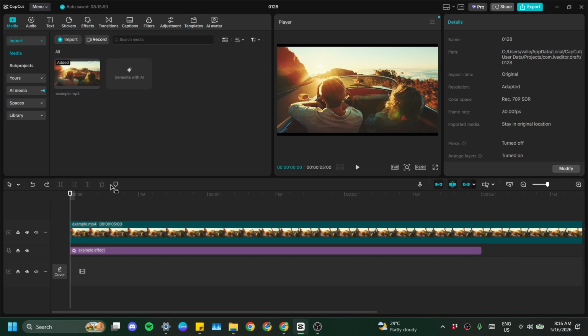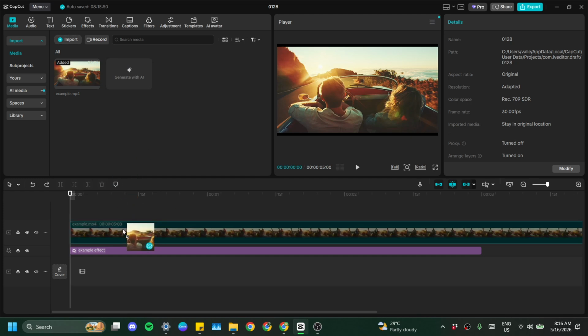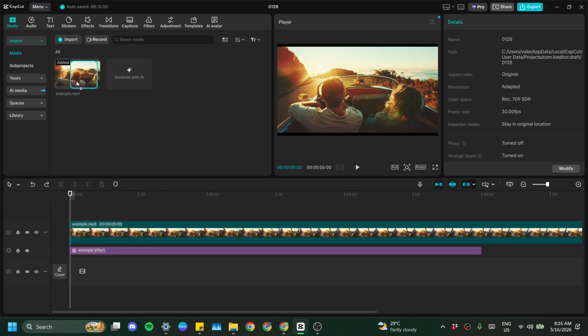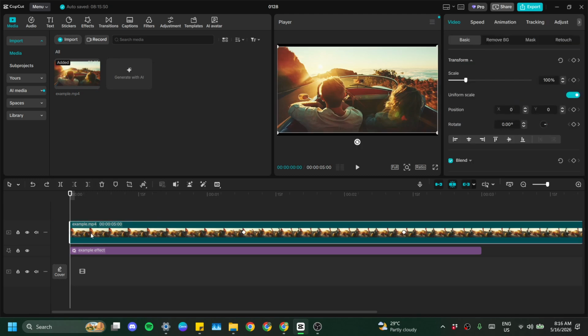Start by bringing your video into your project and dropping it onto the timeline. Once it's on the timeline, click directly on the clip to select it. This selection is important because it tells CapCut which clip you want to edit and opens the settings panel on the right side of the screen. If you don't see that panel, it usually means the clip isn't selected yet, so click it once more to